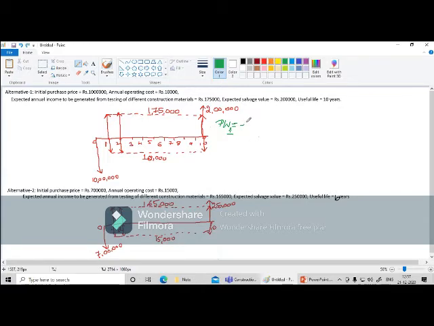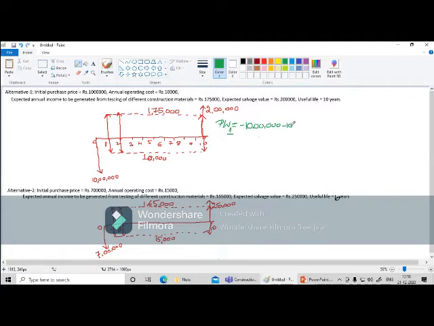So I'll mention it using a negative symbol: minus 10 lakh. I am not going to use any multiplication factor here for this 10 lakh. Why? Because this 10 lakh is already in the present state. So I need not convert this initial purchase to anything. It is already in the present worth. So apart from that, what are we having? We have